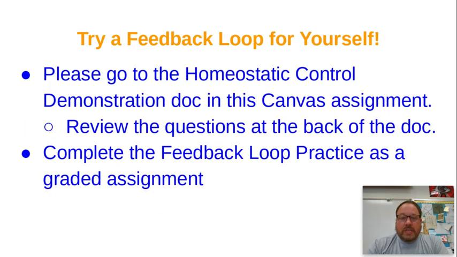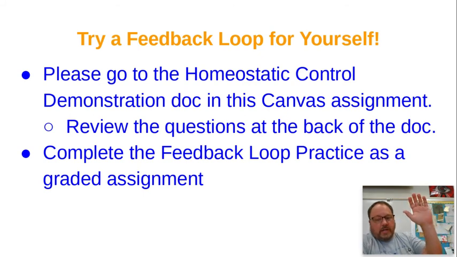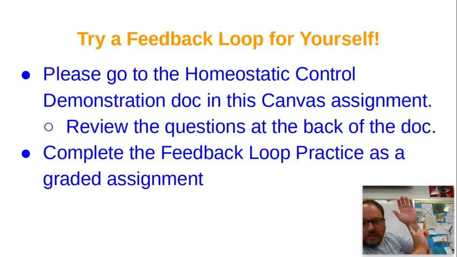So what you're going to do in this activity is go to the homeostatic control demonstration document that's in this Canvas assignment, and it sort of walks you through what to do. You need to get a baseline heart rate, and you can do that by finding your radial pulse or your carotid pulse. So the radial pulse you find by taking two fingers, placing it on the inside of the wrist, and then sliding it over to the thumb side. It's sort of hard to get situated here, but two fingers, wrist, slide it over to the thumb side and press. Or you can get your carotid pulse, where again, two fingers go to your windpipe and then slide it off to the side.